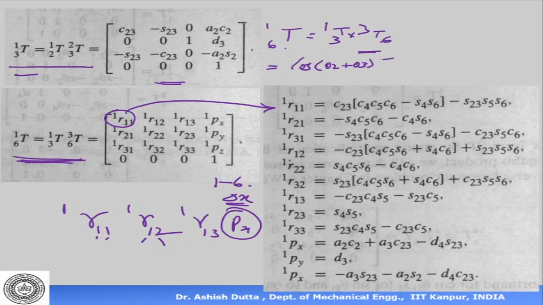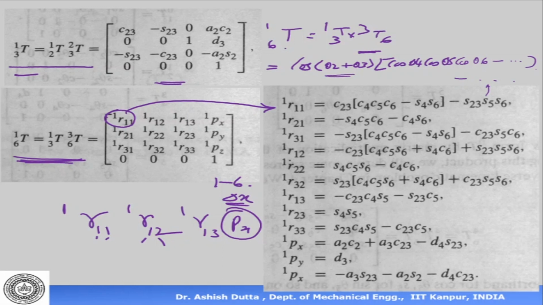Okay, then we have cos theta 4, cos theta 5, cos theta 6, minus like that. I hope you understand. Then minus this term here. So what you can see is that the expressions are pretty long, and they appear in all kinds of combinations. Cos theta 2 plus theta 3 into this full bracket term, which has some more cos and sine terms. So this is how we are doing it. It will become clear why when we go to inverse kinematics. Basically you cannot solve the inverse kinematics unless you do it this way, and this has a particular property.